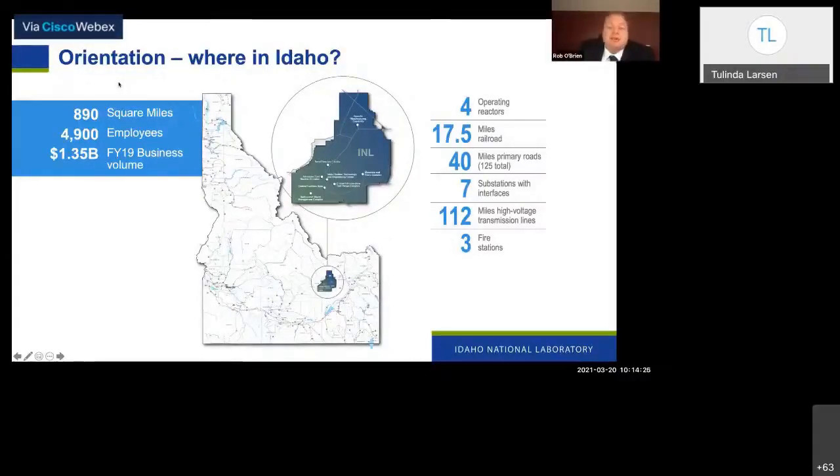We have 4 operating statistics on the right-hand side. Years. We've been here as a lab for just over 70 years. There are 17.5 miles of railroad, 40 miles of primary roads within the complexes themselves. And a lot of